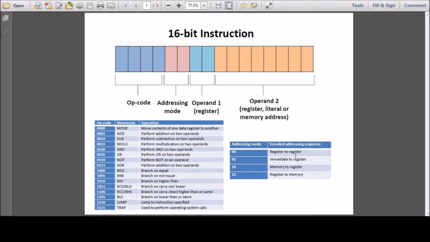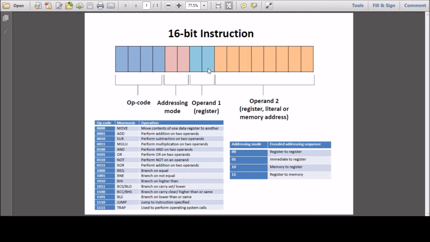There's also an immediate to register value, which is where you'd move a literal value, so the number 4, to a register of your choice. And to decide which register you want to use, operand 1 is used because